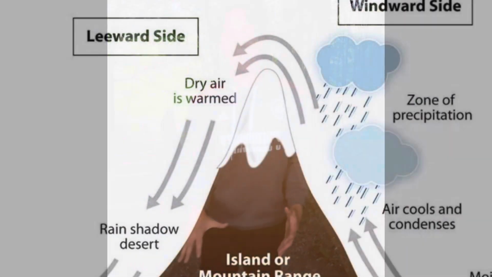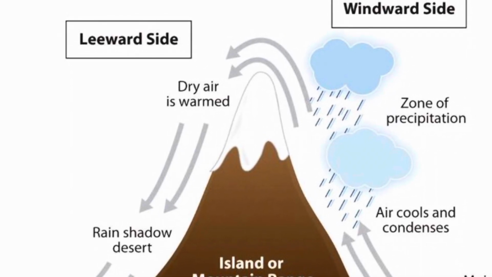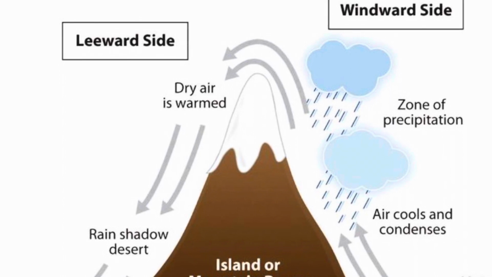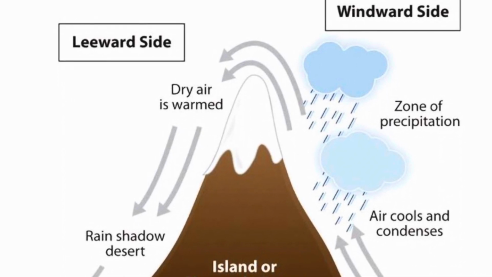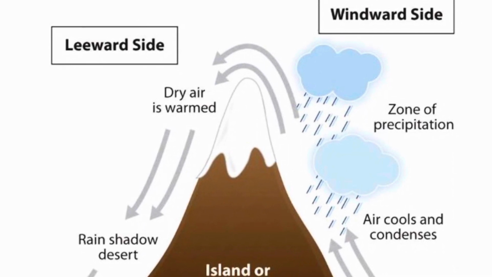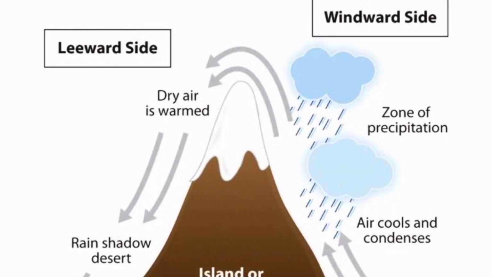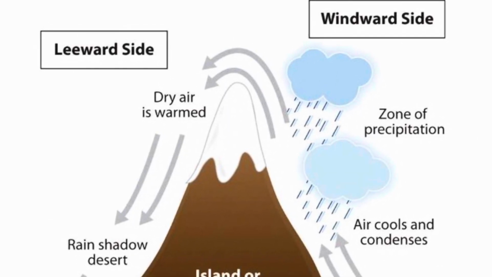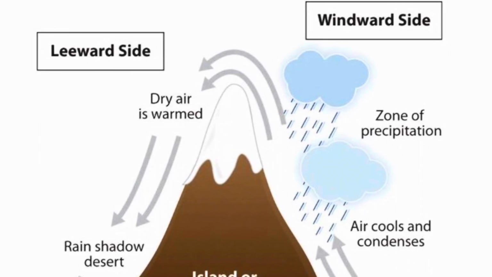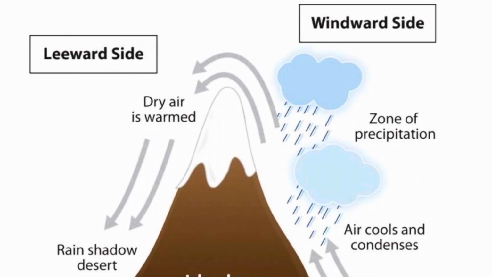This effect can be seen all around the world and has a huge impact on where we live as a species. As can be seen in the diagram here, as warm, moist air ascends this mountain, it interacts with the cold air at the top of the mountain, which, because of collision theory, the particles colliding less, there's less thermal energy up here, meaning that the air is colder. Once the warm, moist air reaches this lower density area at the top of the mountain, it condenses because of the cold and creates a zone of precipitation.